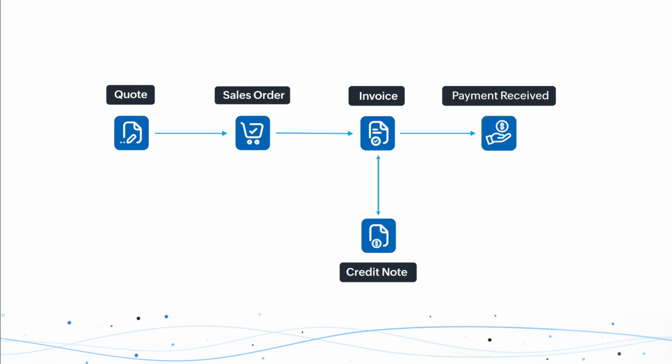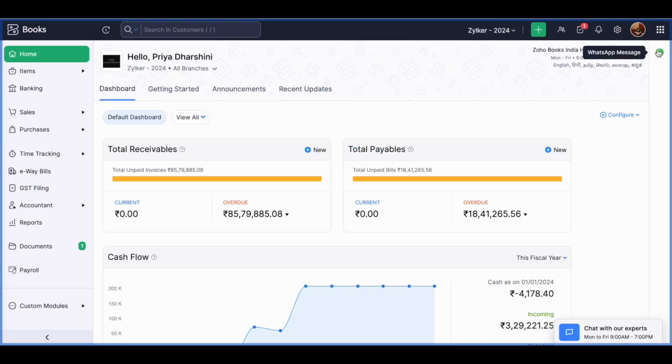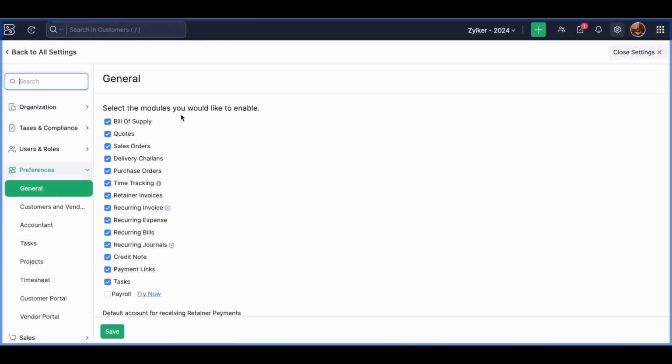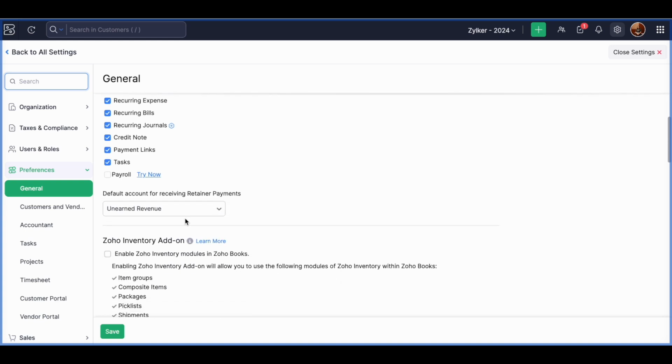So let me quickly run through the product for you. The first and foremost step to enable all the modules in your Zoho Books is under settings. So under settings and preferences, you will find the various modules available in Zoho Books. You can just enable whichever module you require, right from your bill of supply to recurring invoices, and save